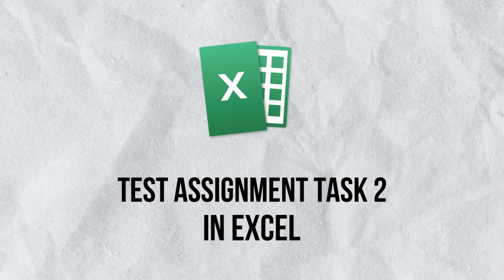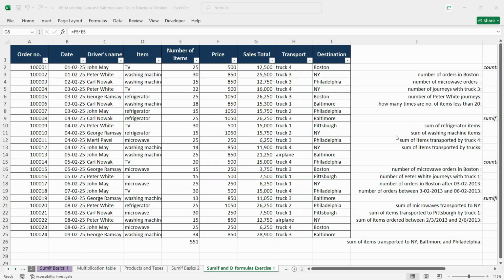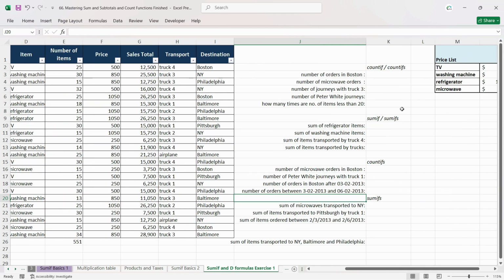In this video, we are going to work on our task 2 for the practice project. On our right, we have a lot of requirements that we need to work on in the most efficient way. I've already written the requirements, but you should identify them as you see them. Number of orders in Boston. Even though it is not written, you can easily identify that we need to simply count